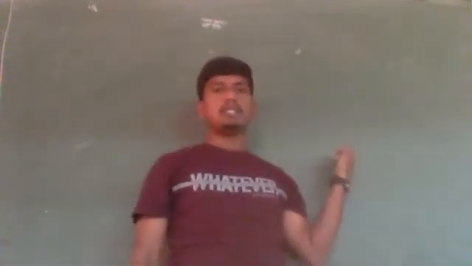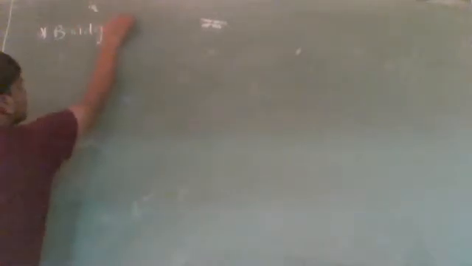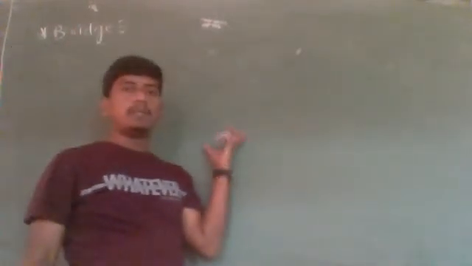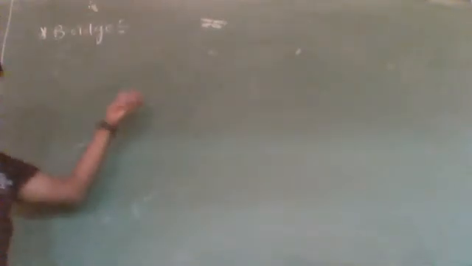Now today we are going to prove one theorem. Let us see first what is a bridge, then we have to prove one theorem. Bridge. In the first chapter we have seen what is a bridge. An edge E of a graph G is said to be a bridge if, when we remove the edge E from the graph G, the graph becomes a disconnected graph. Then we say that that particular edge is a bridge.